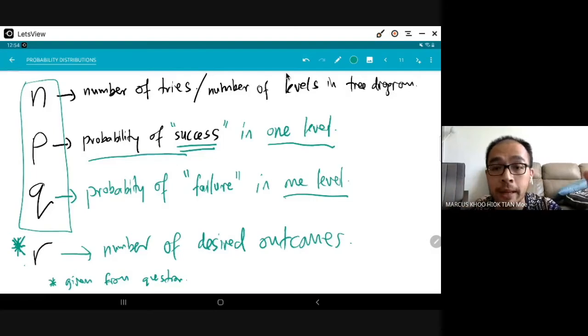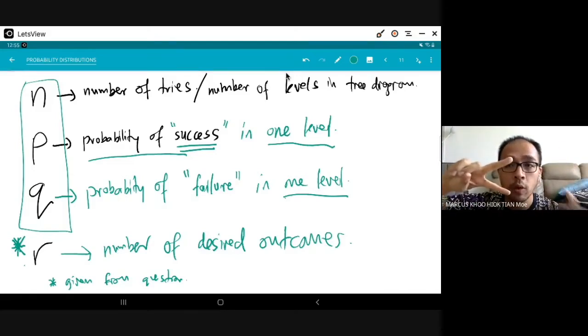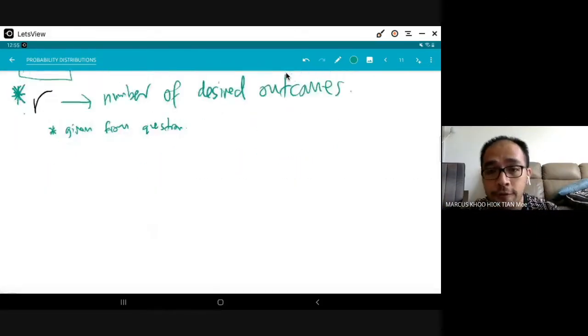Okay, r will be given in the question. Well, most of the time. Okay, r will be given. But n, p, q you must determine yourself. So think of the tree diagram every time. Tree diagram only has binomial. They only have 2 outcomes only. Success, fail. Every level has 2 outcomes only. So the formula for